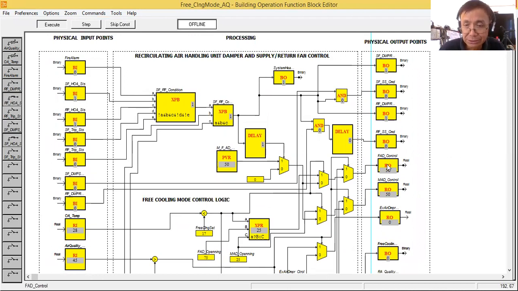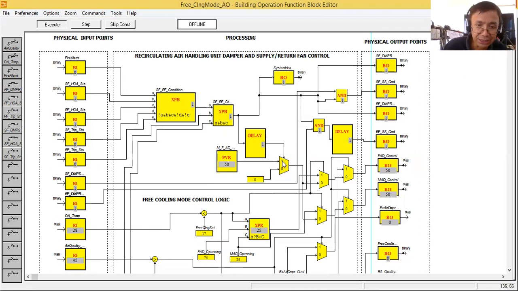Okay, so now my dampers are opening. Then now my control logic will not start the supply fan and return fan unless I receive an open status for my supply and return fan damper. So let's play this one. Let's say it's already open. So I will open it here. Okay, supply fan damper, return fan damper. As you can see here, my control logic already gave the command for both fans, return fan and supply fan. So now my air handling unit is running.